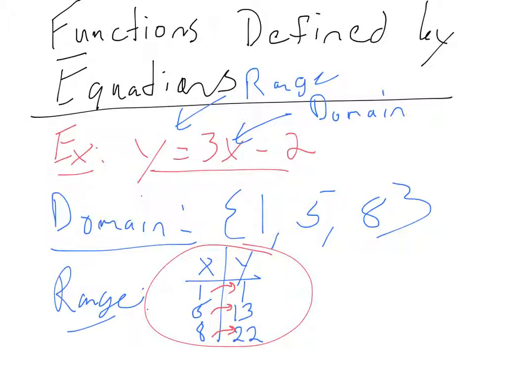If I take 2 different numbers and multiply them both by 3 and subtract 2 from both, I'm going to end up with 2 different numbers, right? All the time. So this has to be a function just because of the nature of how these equations work. There's no way I can not have this be a function. But that doesn't mean all equations are functions, right? And the fact that we're able to solve this for y is one of the things that hints at the fact that this would be a function. Now, what's an example of something that might not be a function? Well, let's